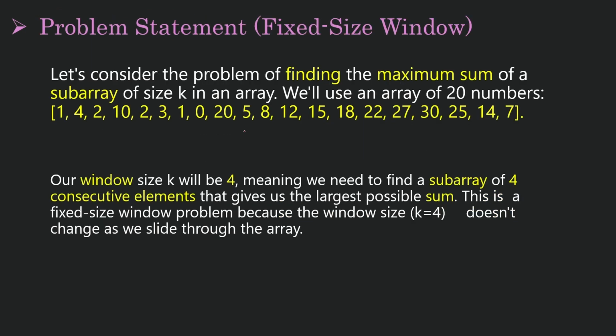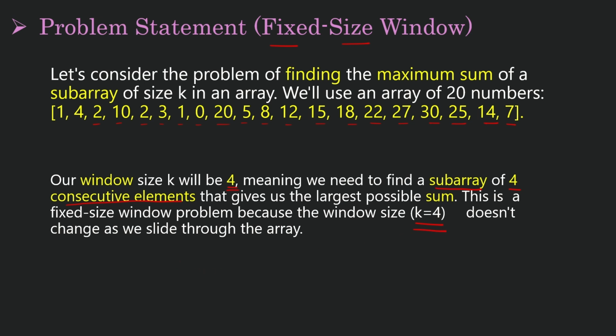Let's consider the problem of finding the maximum sum of a subarray of size k in an array. We'll use an array of 20 numbers: 1, 4, 2, 10, 2, 3, 1, 0, 20, 5, 8, 12, 15, 18, 22, 27, 30, 25, 14, 7. Our window size k will be 4, meaning we need to find a subarray of 4 consecutive elements that gives us the largest possible sum. This is a fixed size window problem because the window size, k equals 4, doesn't change as we slide through